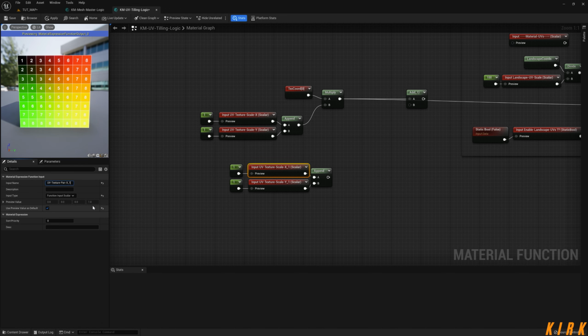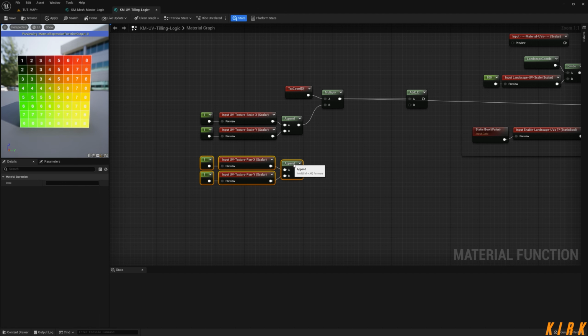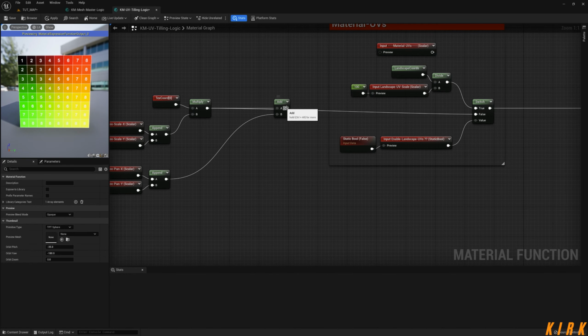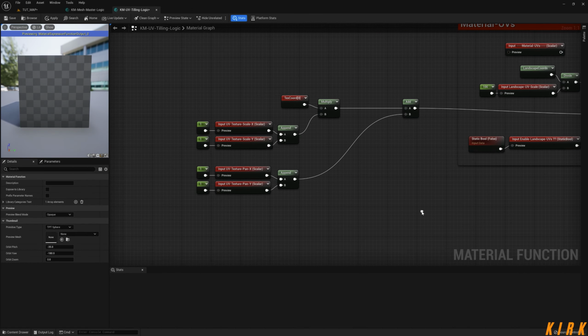Just get rid of that _1. Do the same for the Y. Just put this pan _1. Delete that. Okay, so now we've got this. We'll just throw this in the add node. We'll throw that into that false statement of our switch